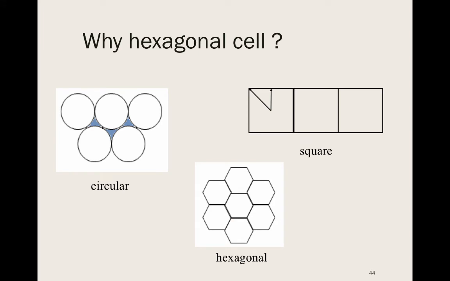And the cell structure. In the cell structure, we always use hexagon. But why are we using hexagon? Because it's not easy to do in the real world, and something like a circle or square is much easier compared to the hexagon.